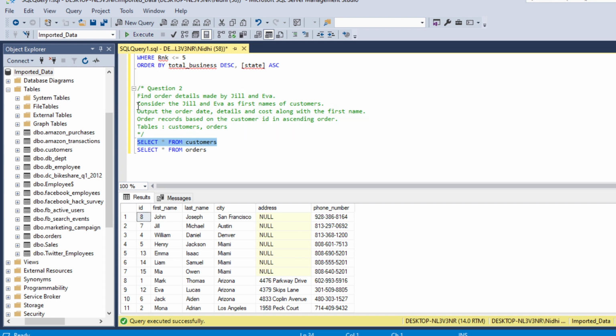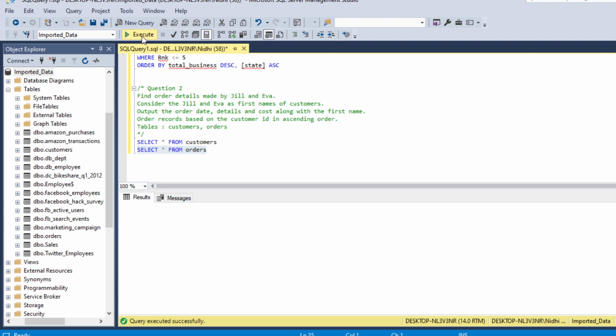So here we have ID, first name, last name, city, address and phone number. So here we need the order details made by Jill and Eva. So first name will be Jill and Eva, and then we need to output the order date, details and cost along with their first name. So the order details will come from our second table, which is orders.